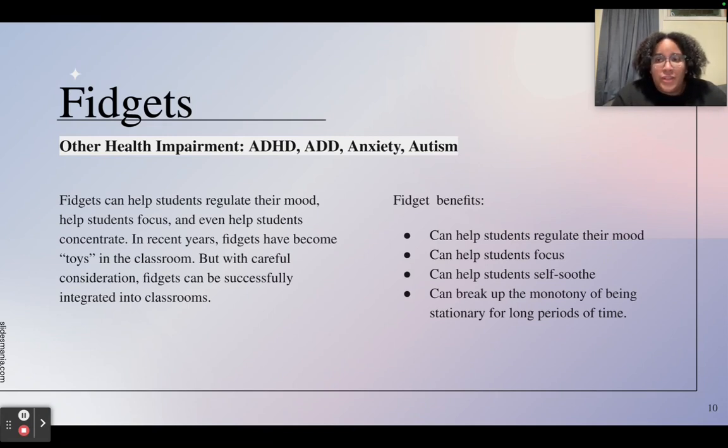The next thing I want to discuss is fidgets. Now, fidgets can help students with OHI diagnoses, like ADHD, ADD, anxiety, and autism. Fidgets can help students regulate their moods, it can help them focus, and it can help them with their